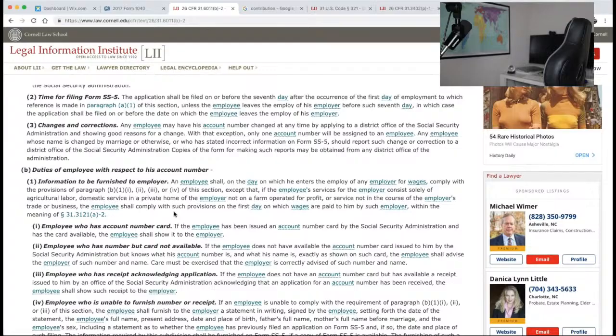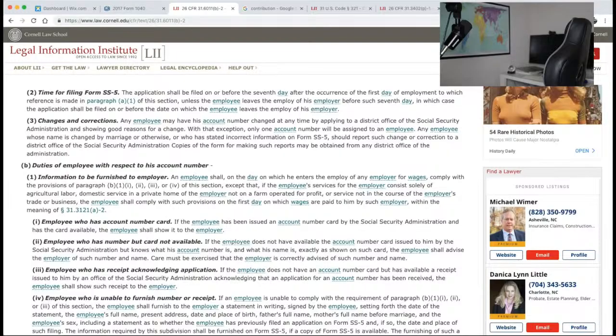31.3. I suggest you guys go and read whenever they refer to a code, go read it. All right, I'm not going to read it for the sake of time. Because as you can see, these codes are extensive, and a lot of times you have to read it several times to really pick it up. Okay, now